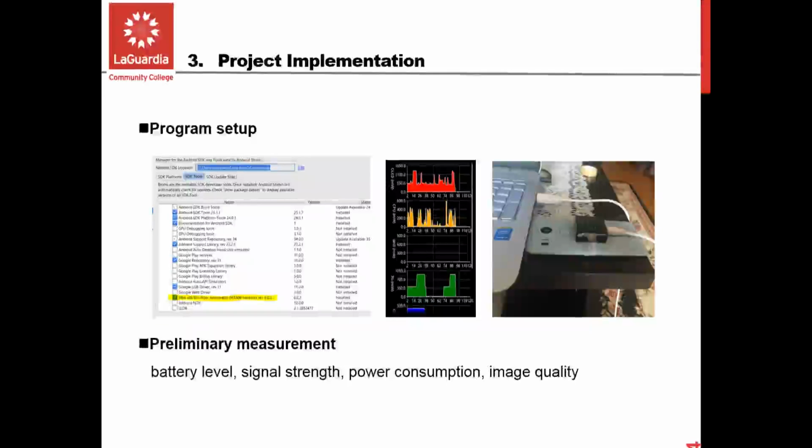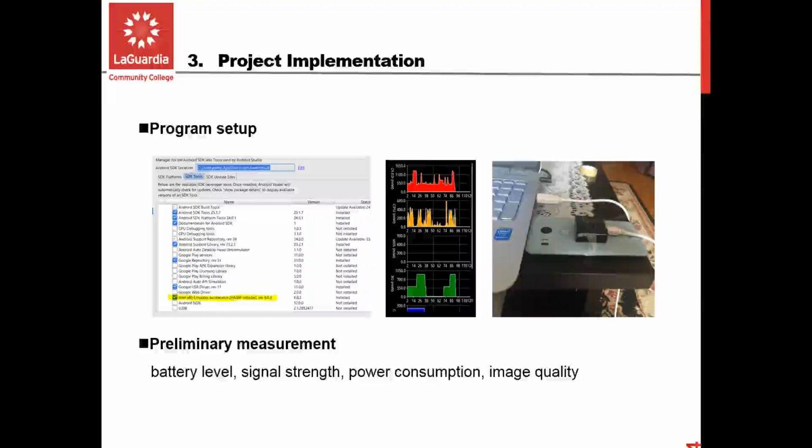To implement our project, I previously mentioned Android Studio. We will be using Android Studio to modify code and create our app, and we will use the AVD, or Android Virtual Device, feature of Android Studio to test our app in a virtual Android device. We use PowerTutor to record data such as the power consumption of the Wi-Fi on the phone, the battery level of the phone, and the signal strength of the phone.